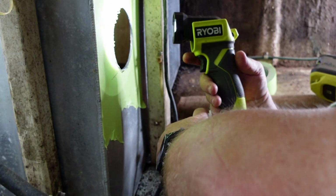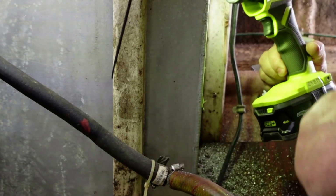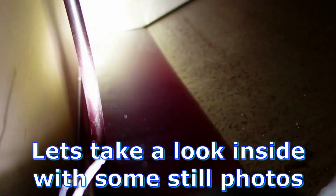And now we got a good look. You want to put the camera in there? Yes. Oh wow. You actually get to see what's inside of the fuel. Okay, so I think it's going to be all right. Let me see if I can, I don't know how to get the,